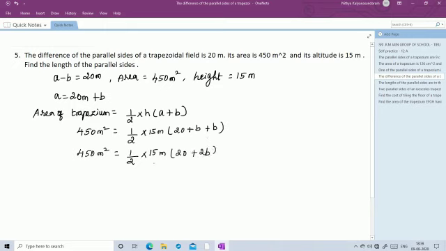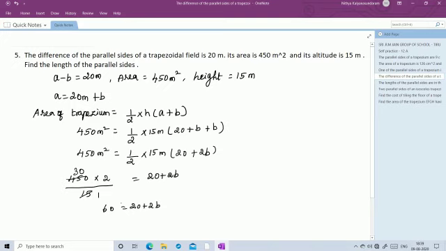So here 2 and 15 we can't cancel. So bring that side: multiply, if you are moving that side, division; division, if you are moving that side, multiply. So 450, 2 is in division, if you are moving that side, multiply. By 15, which is multiply, if you are bringing it after the equal, it should be divide. It's equal to 20 plus 2b. 15 table, 1 we can cancel. Then 3 15s are 45, 30. 30 into 2 is 60. It's equal to 20 plus 2b.